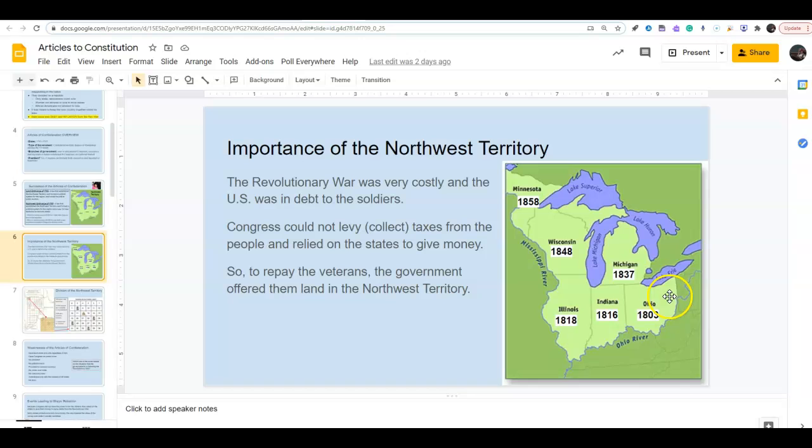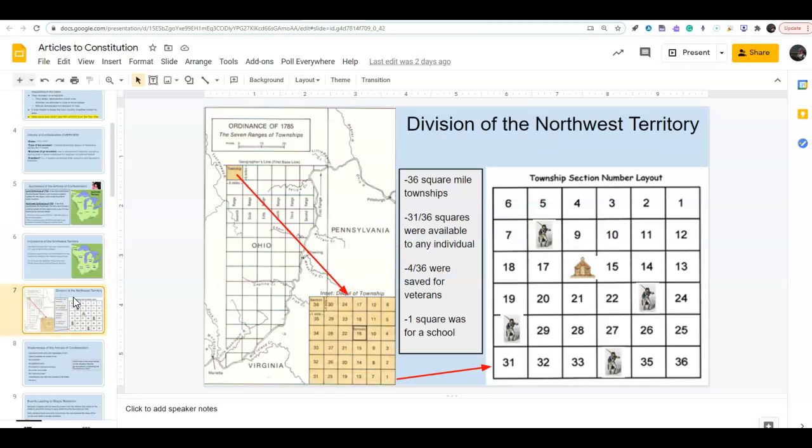Obviously, it was the first one because everybody's here. This is where they moved first. Then they moved to Indiana, then to Illinois, then they head north. Obviously, they would prefer these three states because the growing season is going to last a little bit longer. It's not as cold. The way they divided those states and those areas and regions in the Northwest Territory was